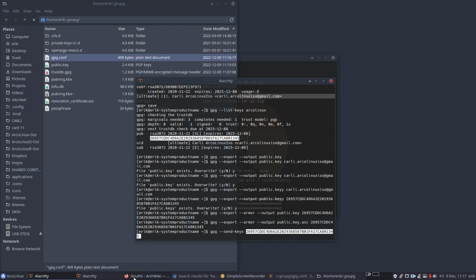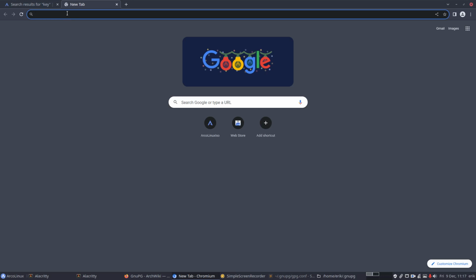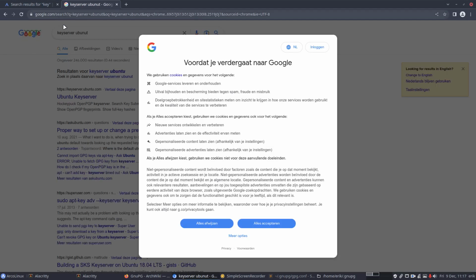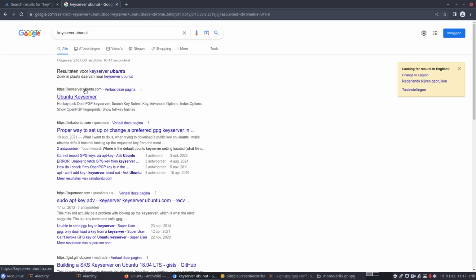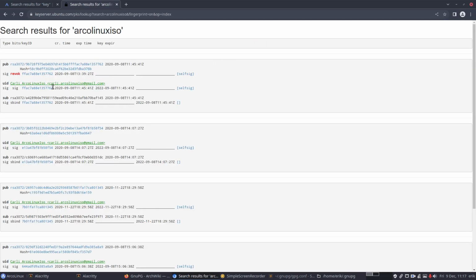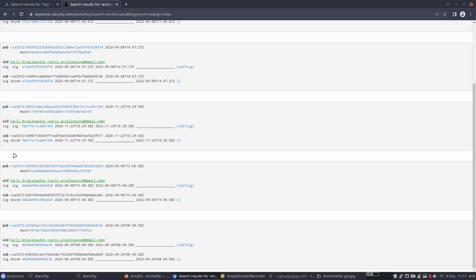Maybe we should first check. Key server Ubuntu. That was wrong. But we are here. ArcoLinux ISO. So we got one that's expired somewhere. We should see that this thing is expired. Revoked, that's older, I guess. And then